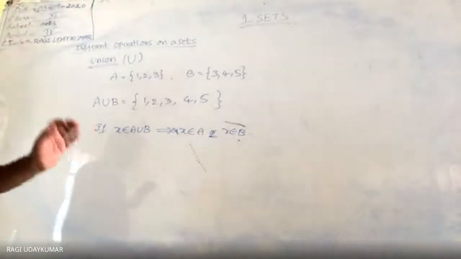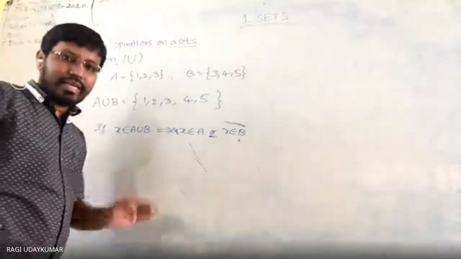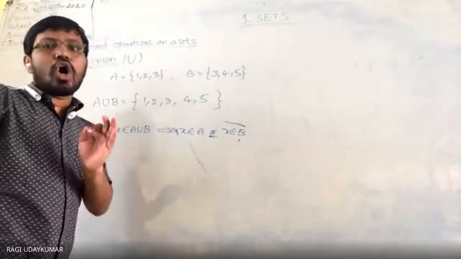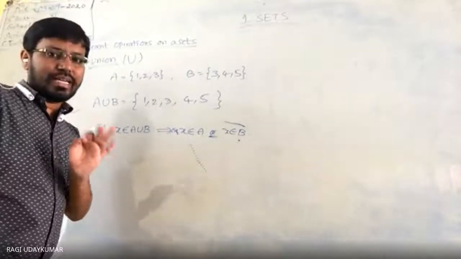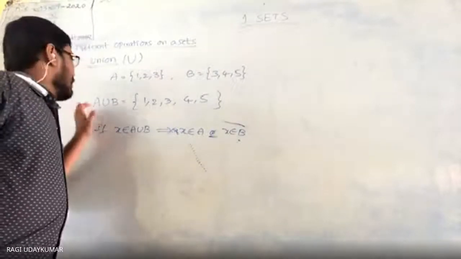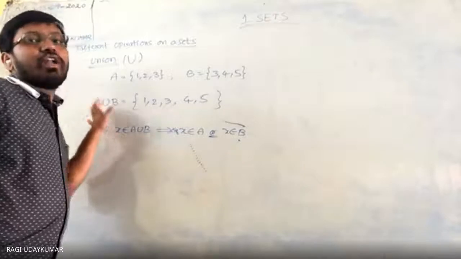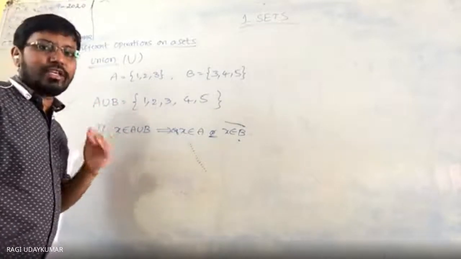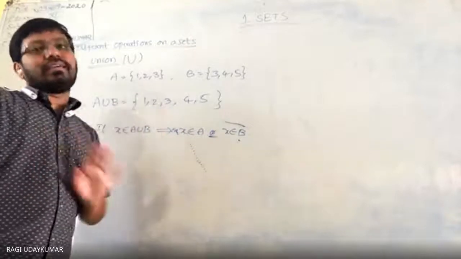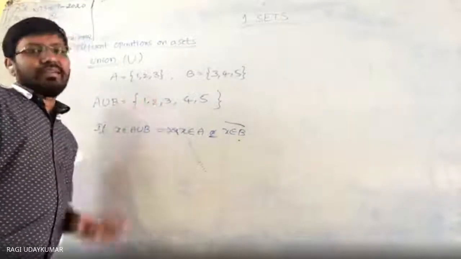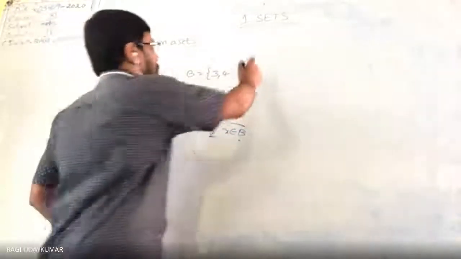So union is nothing but, normally, union can be taken as an or condition. You can consider it as a union, as an or. So A union B is nothing but A or B. You can read it as A or B. It means the elements which are present in A or in B, they are all present in A union B. This is called the union of the two sets.